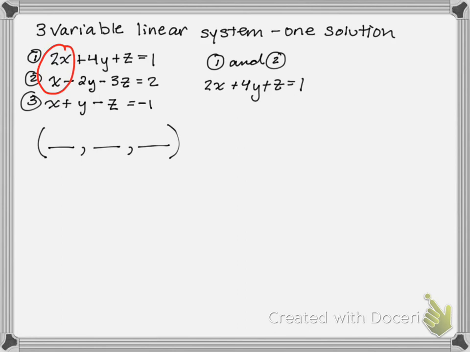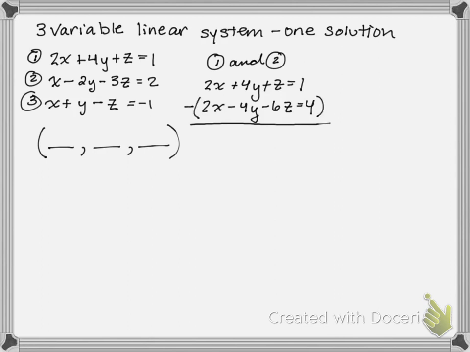So I'm going to multiply the second equation by 2. And then, since the x's match, 2x and 2x, I will subtract the second equation from the first, eliminating the